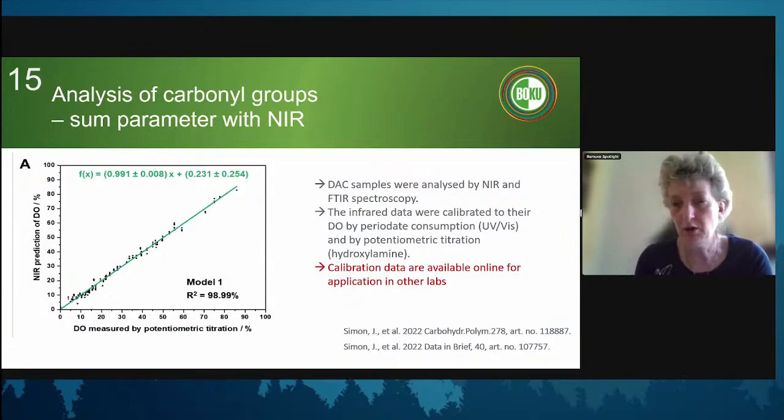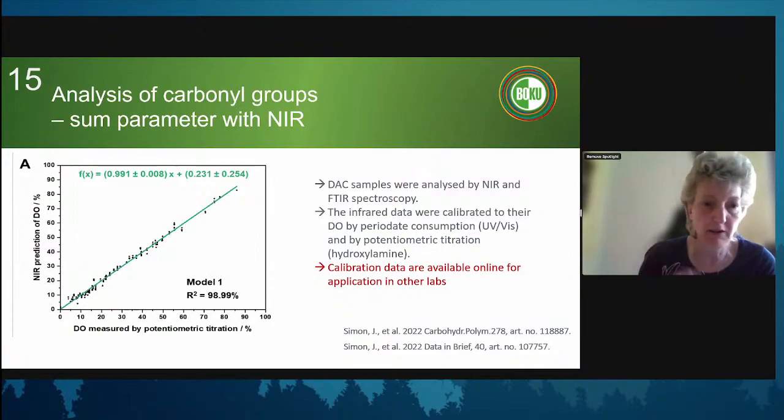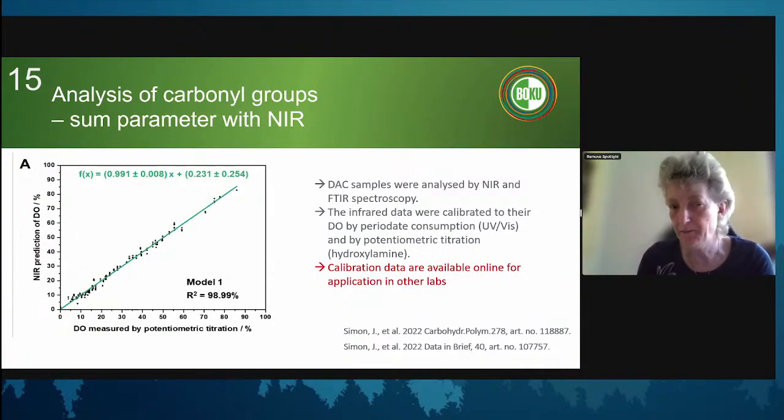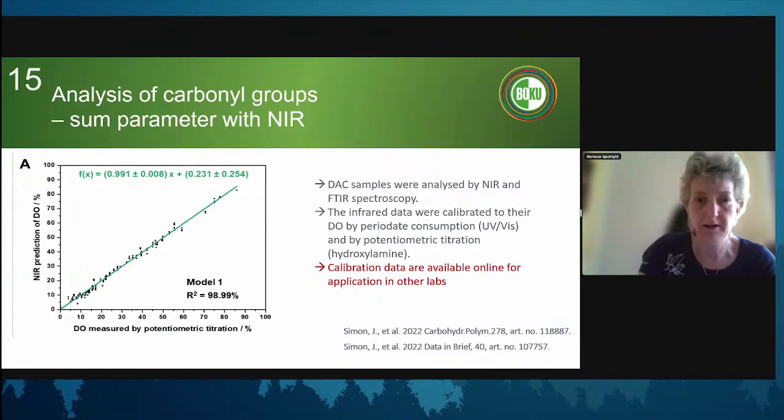We made this raw data available, so you can basically take it out of the literature and use it under certain circumstances in your own measurements, without having to measure the 75 samples and do all the analysis. So this is available in the literature, and you're free to use that and make your life a little bit easier when you just want to measure some parameter, such as the total number of aldehyde groups you have introduced by, for instance, periodate oxidation.